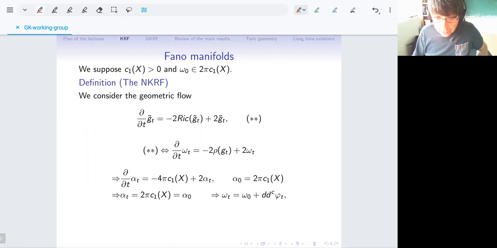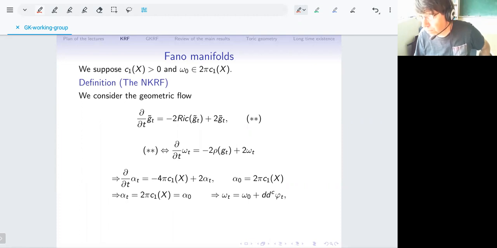So in this case, we will have the ODE that the derivative of alpha t is minus 4pc1x, which is a constant, plus twice alpha t. You can solve this ODE explicitly. And now I will use the initial condition that alpha 0 is 2pc1x because of what I assumed upstairs. And if you play a little bit with this, we will find that actually alpha t will remain equal to alpha 0